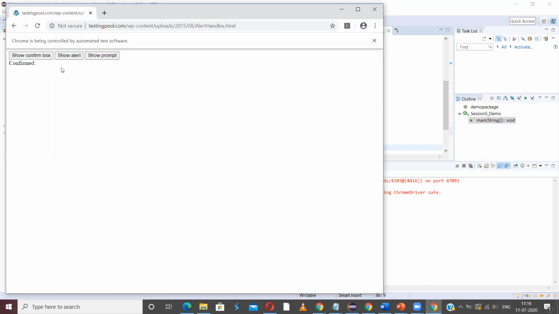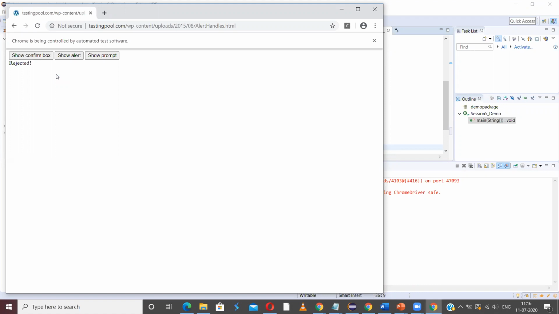So when user clicks on OK, we have to take some positive path. And when user clicks on cancel, which is rejected, we have to take an alternative path. So how can that be done in terms of programming? If we want to take 2 different paths based on the user response, we have to use some conditional statements.